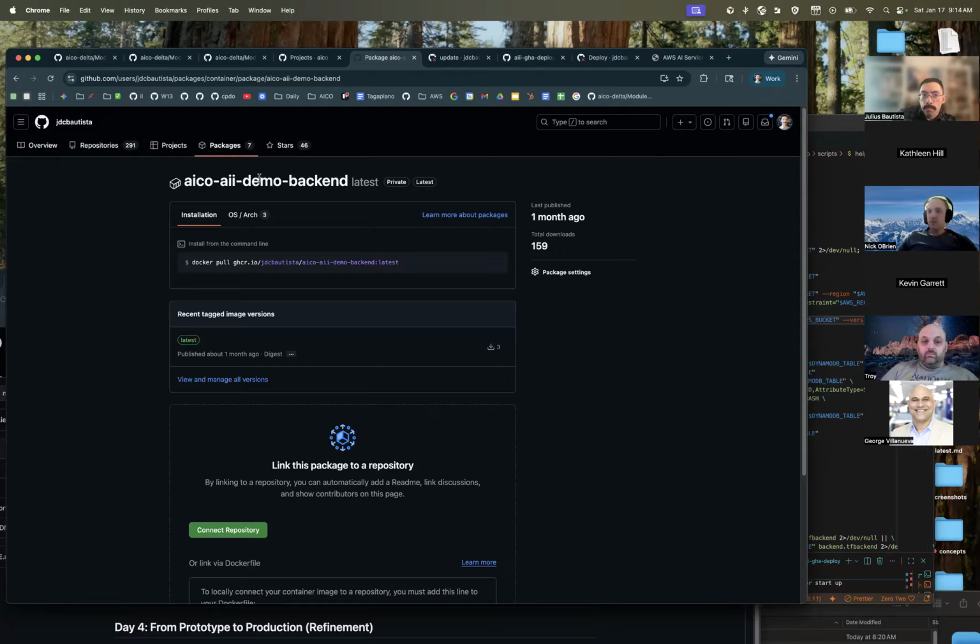Now, we have this tool at Innova built by the developer experience team, the DevX team, and it basically uses Kubernetes to spin up pods as development environments.